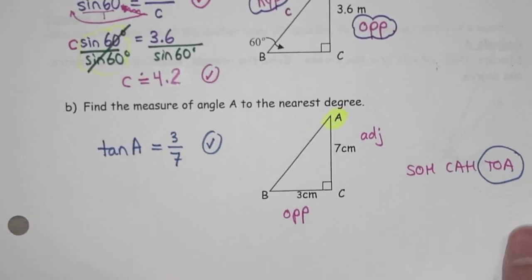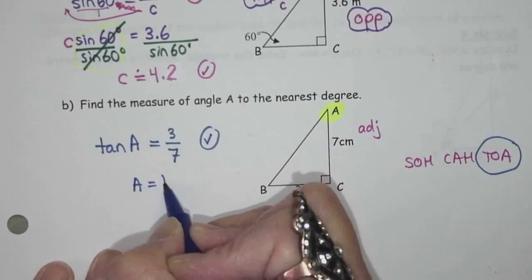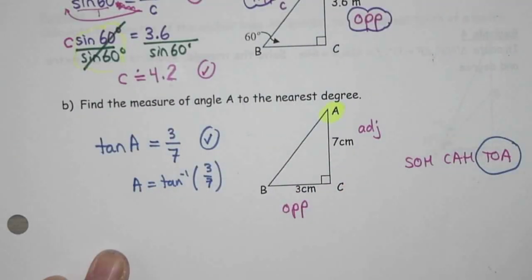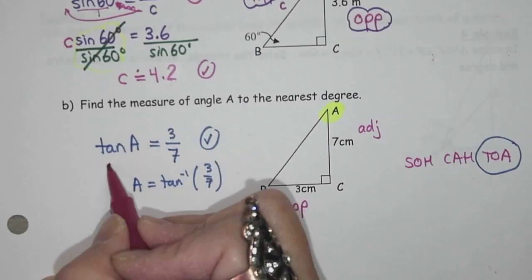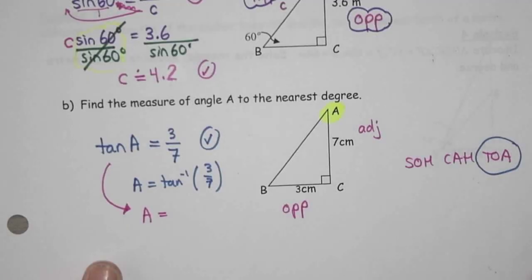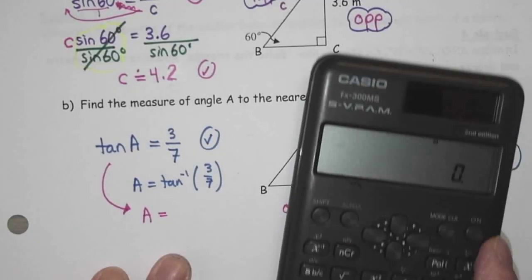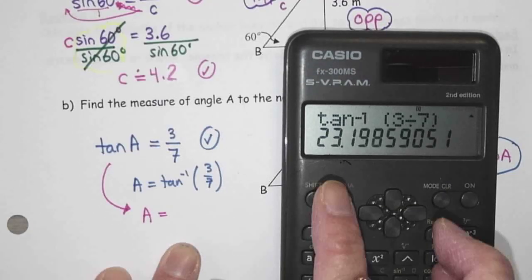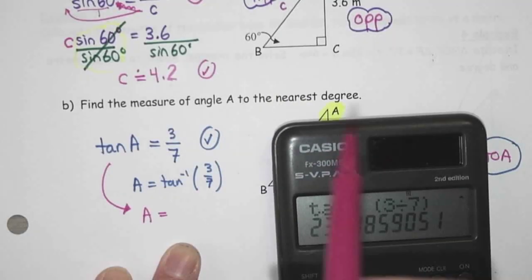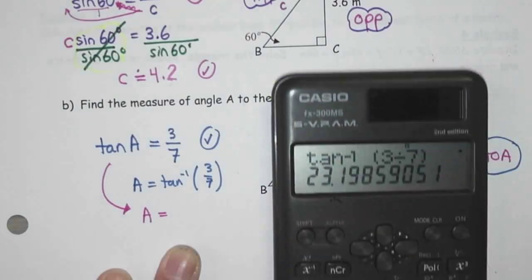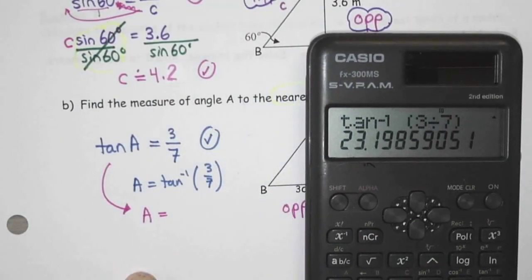Again, because you're grade 11, I'll let you skip a step. If you want to show me this, you can. But some people are getting a little bit faster, and so yes, I'll give you the mark for here. You can skip to the A. If you're like, can I do that on my calculator? Yes, you can. In one go, I'm going to go second tan bracket 3 divided by 7. And it's 23 point, and I want nearest degree, so always look, nearest degree. So that'll be 23.19,